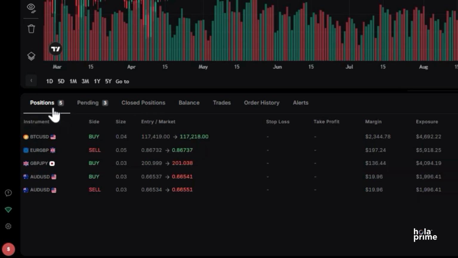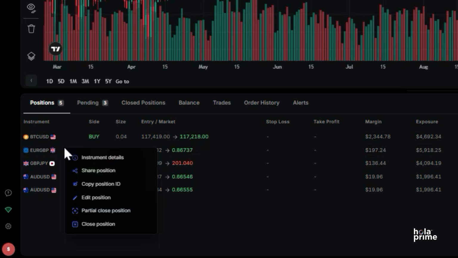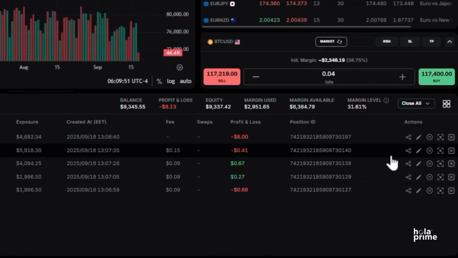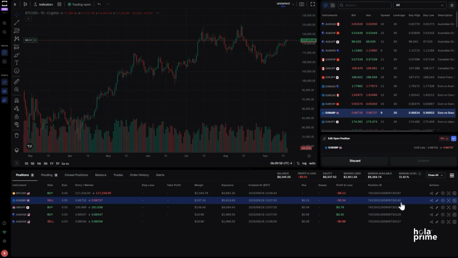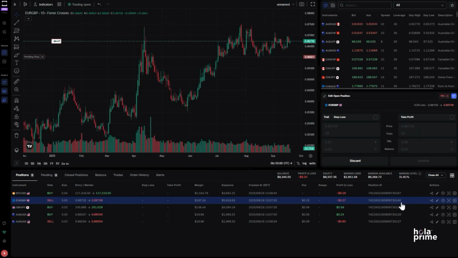Let's modify an open position first. Simply right-click on the respective trade and click on Edit Position. Alternatively, you can go to the extreme right where you'll see the Edit Position button next to each trade. You can also just click on the trade itself and the chart along with the order panel will update for